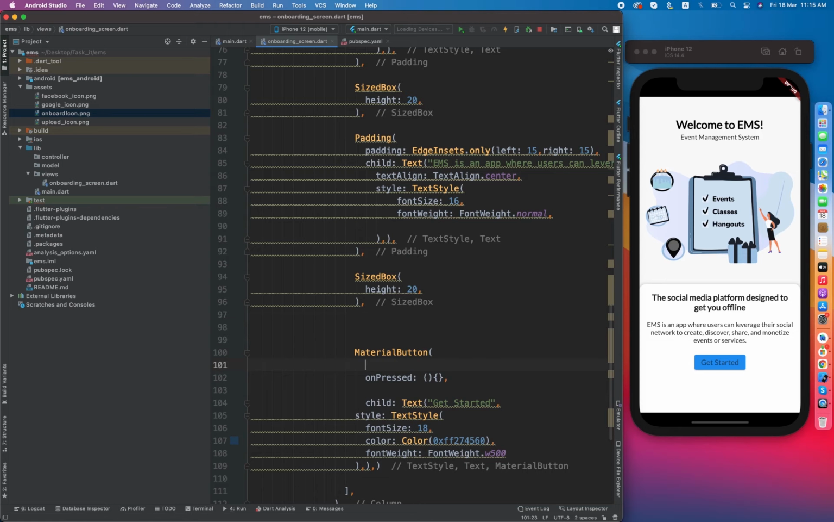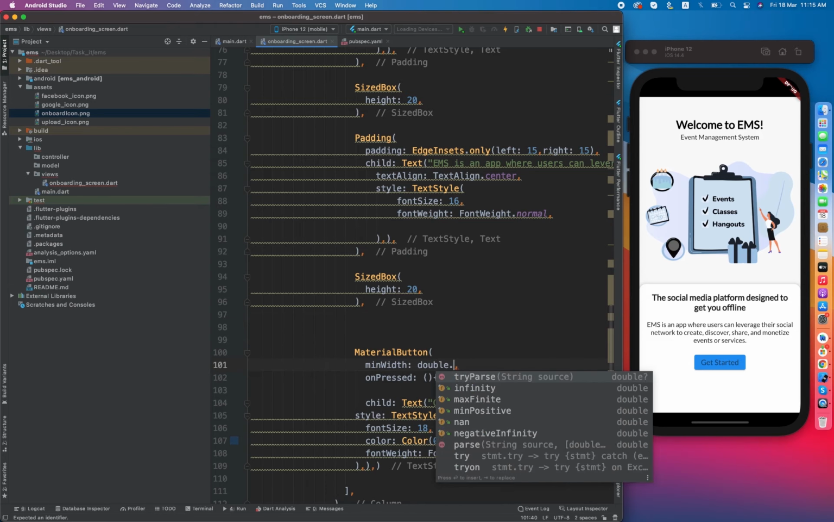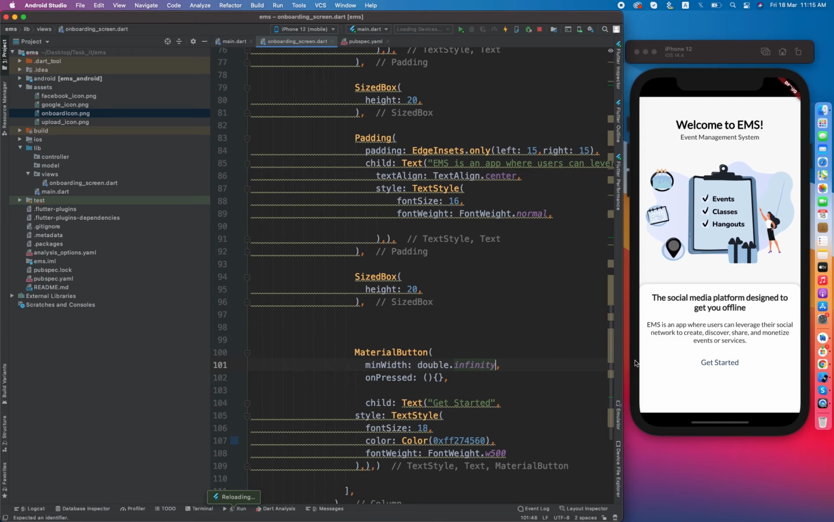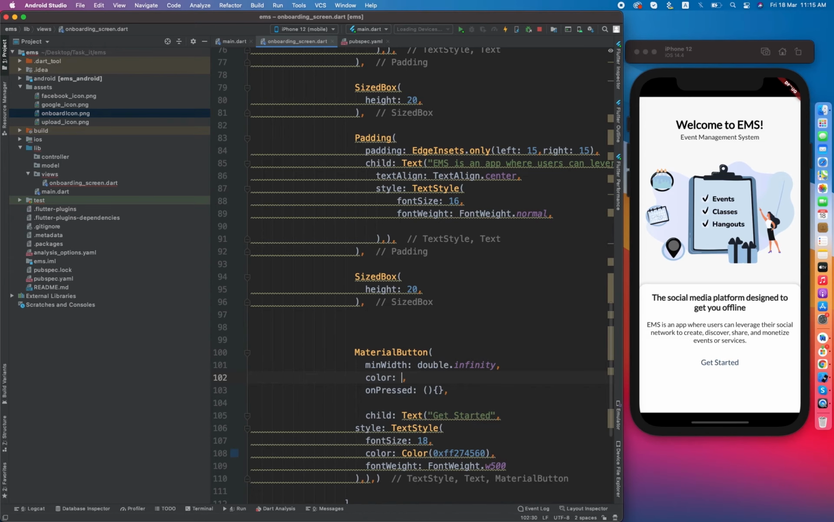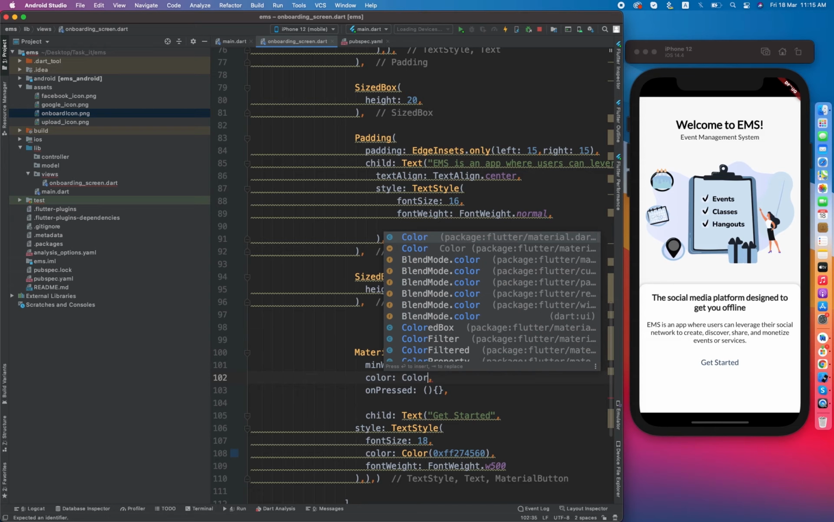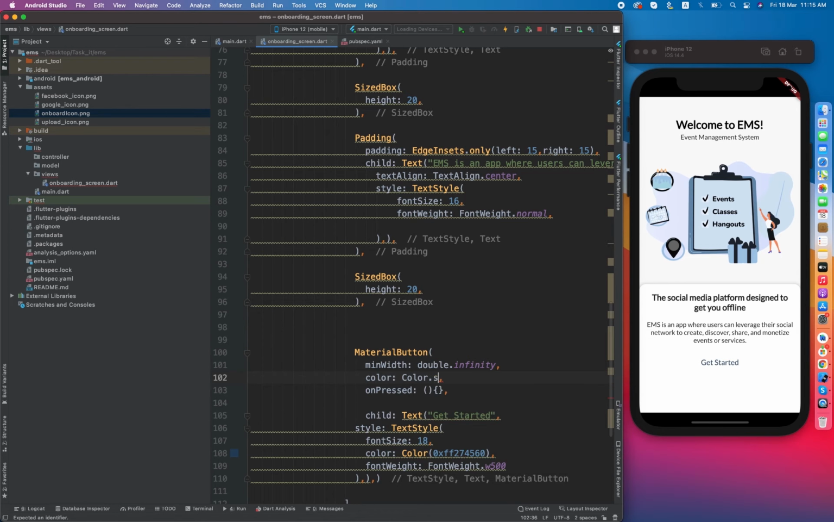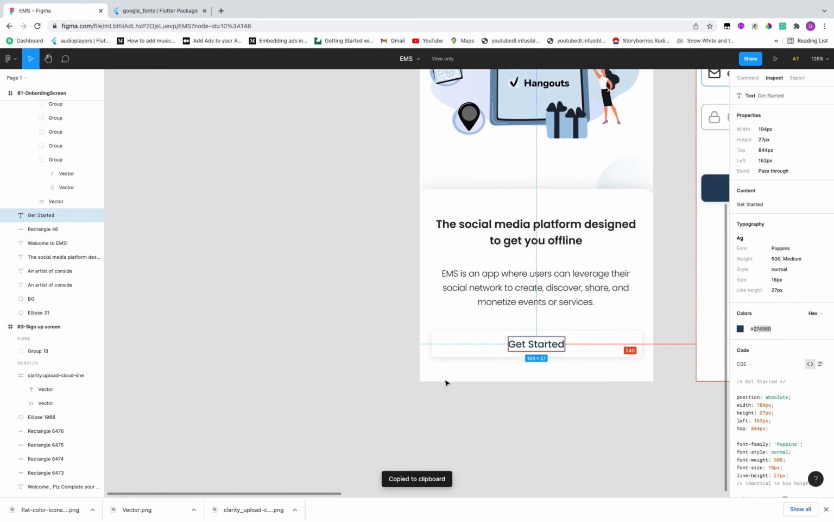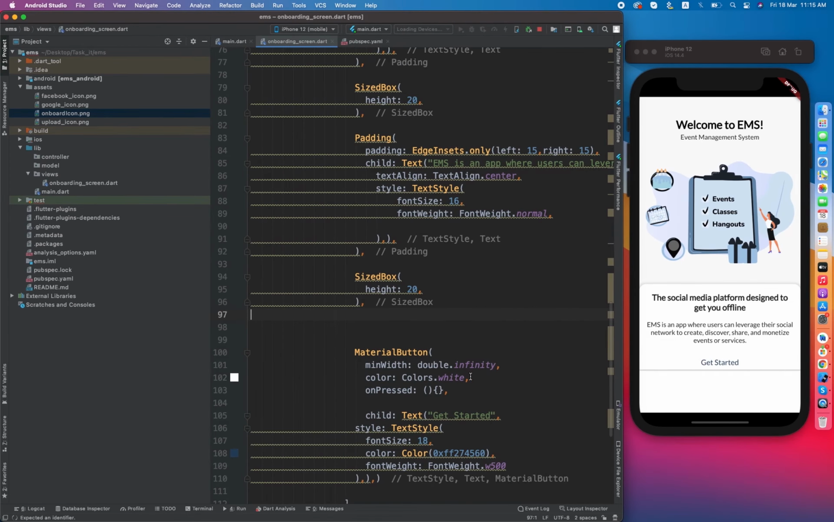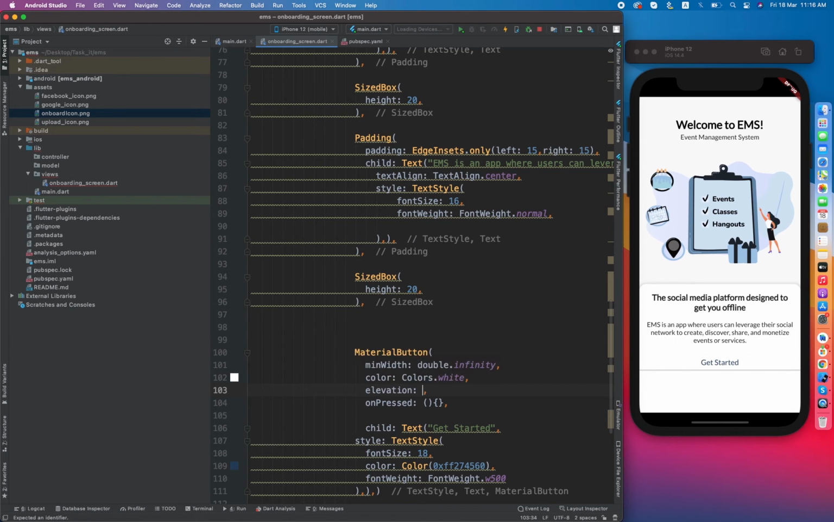because material button provides the minimum width property basically, and we need that, so we have to provide it double dot infinity as well. So it should take the full width of the application. And also we have to provide color here. Color is Colors dot white, and have some shadow around it. Elevation of 1,